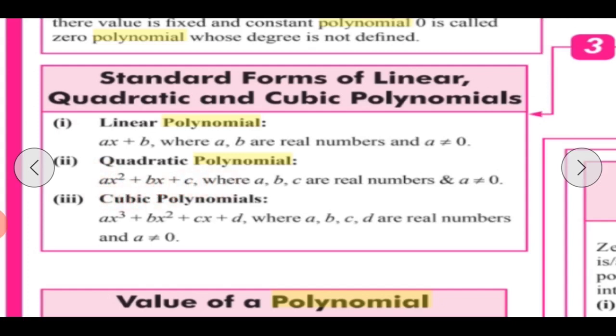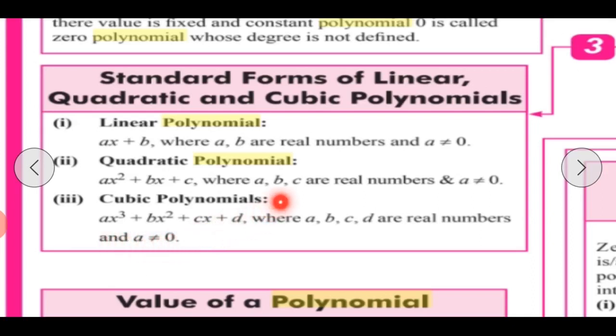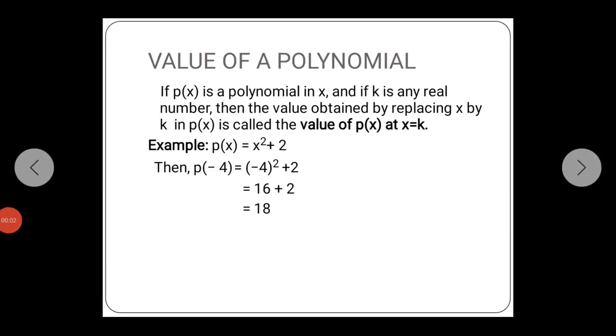Similarly, any polynomial written in the form ax cube plus bx square plus cx plus d, where a, b, c and d are real numbers and the value of a is not equal to 0, is said to be a cubic polynomial, and this form is the standard form of a cubic polynomial. After knowing the standard forms of linear, quadratic and cubic polynomials, you should know about